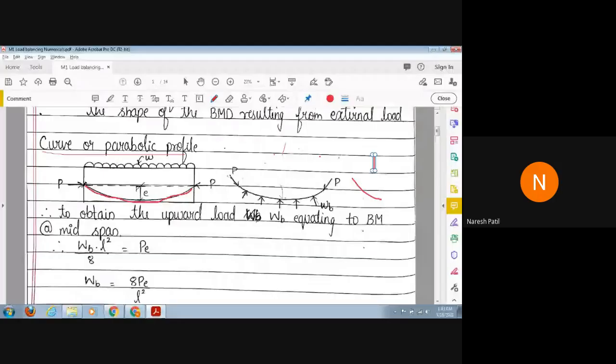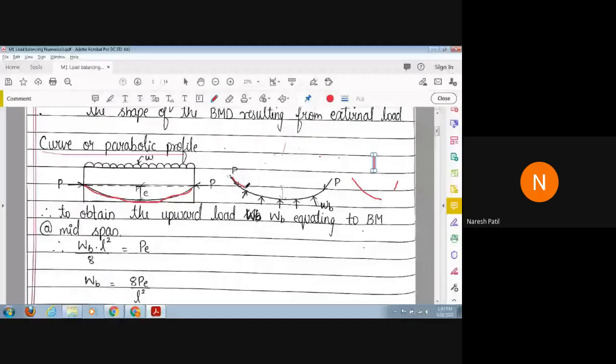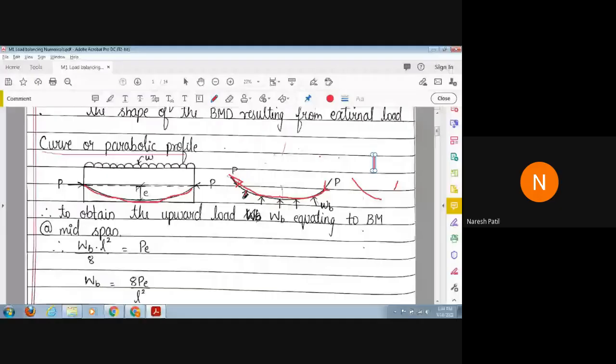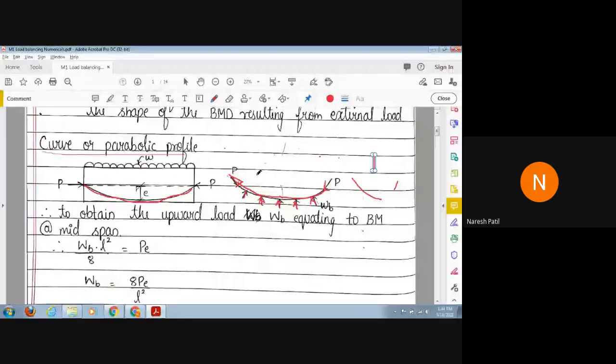So because of that, what will happen? Now you can see here we have the parabolic cable profile, and we have the prestressing force in the cable, and because of this it will resist the external load. It resists the external bending moment. Now see, this is the load and this is the force offered by the cable, which balances the external load. So at that time you can choose the cable profile as a parabolic cable profile.